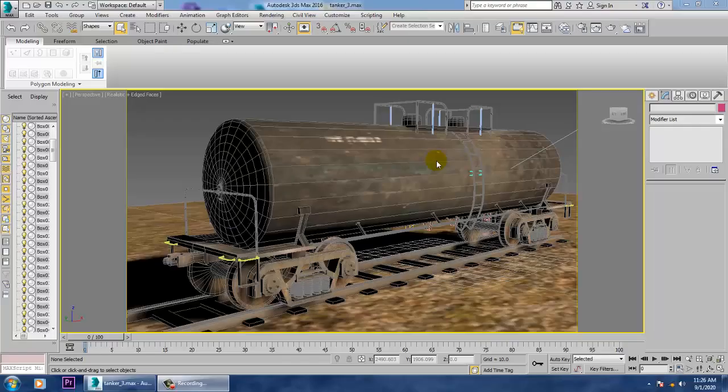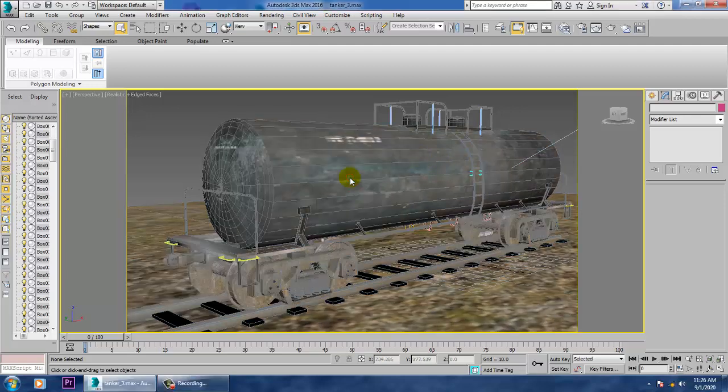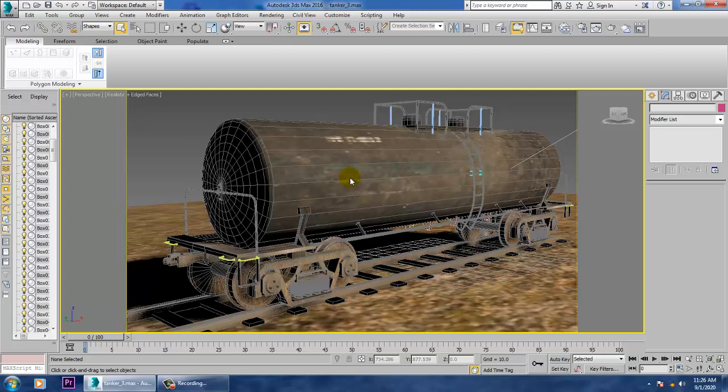Hello all. So in this tutorial we are going to animate this particular small train tanker container over here. So if you want to animate this by rotation of the wheels, and if you want to move it, I'll be showing you how we can do it. We'll be utilizing some constraints over here. That's a different kind of stuff.